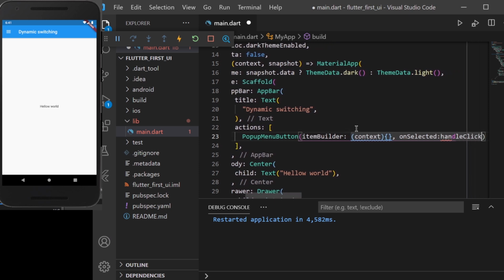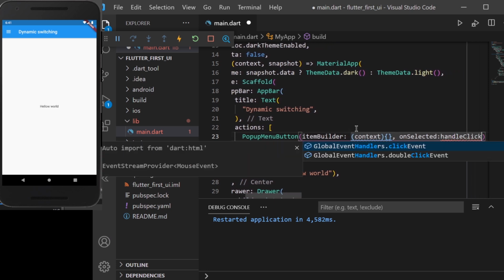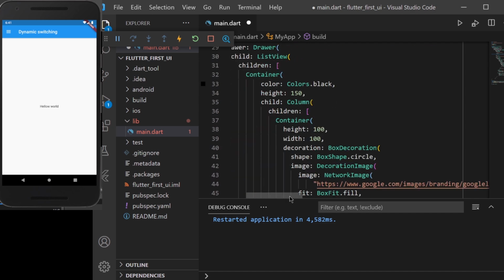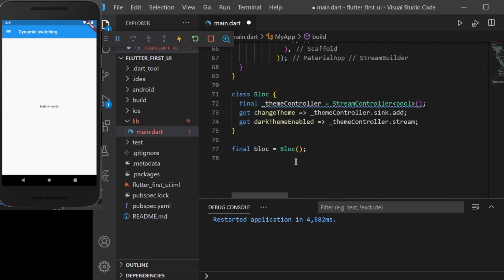It has an item builder to build all the items which we want, and clicking this pop-up menu button will trigger a function so that we can select what we want to do when a particular item from these menu items is selected.